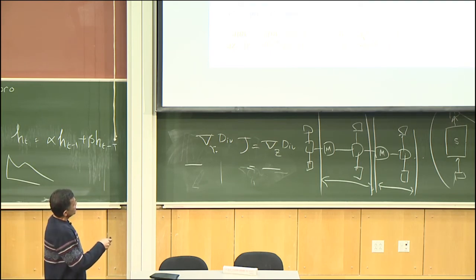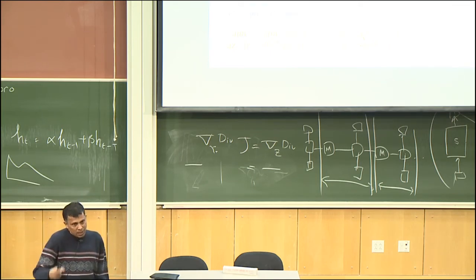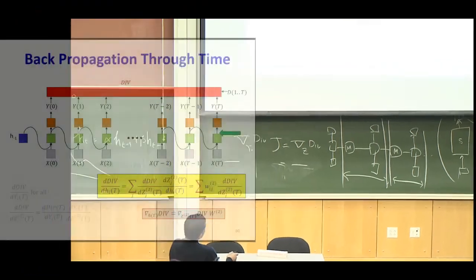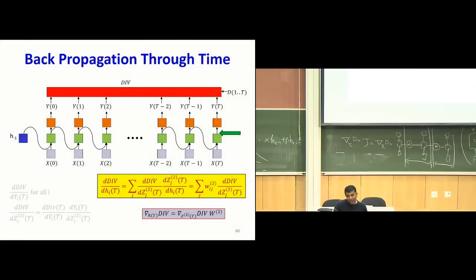This guy over here represents the Jacobian. So we've taken a step back. Now I can take a step further back and compute the derivative of the divergence with respect to the activation of the hidden layer, right? Is that going to be a row vector or a column vector? It's going to be a row vector, right? Because we're using the column vector notation. How do I get that row vector?